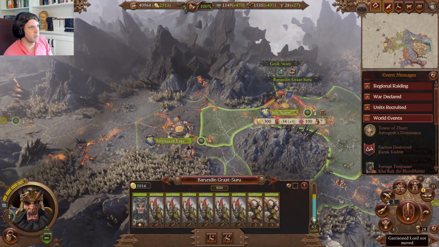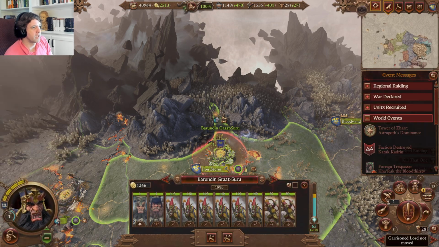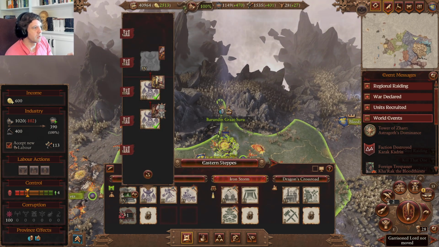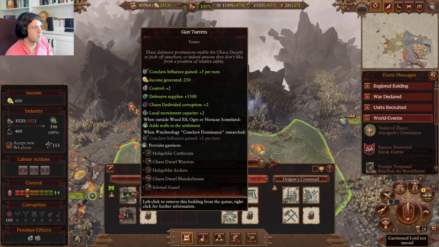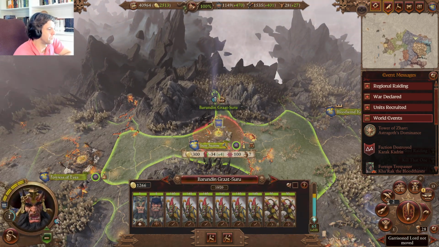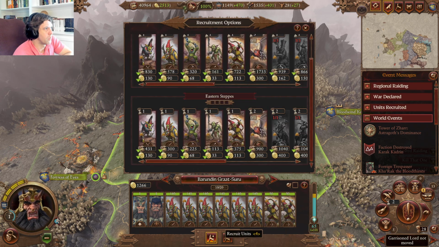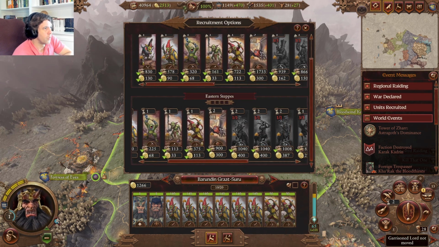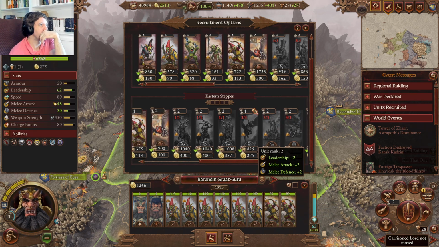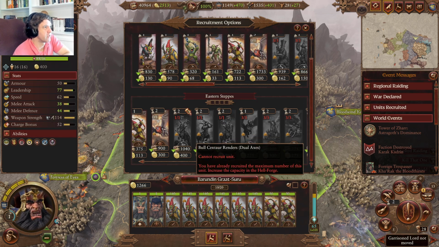Okay, so here, put him in here. Get training. Get rid of this. And then, okay, then we need some of these flying dudes. Those are only one turn, though. So do we want to do...